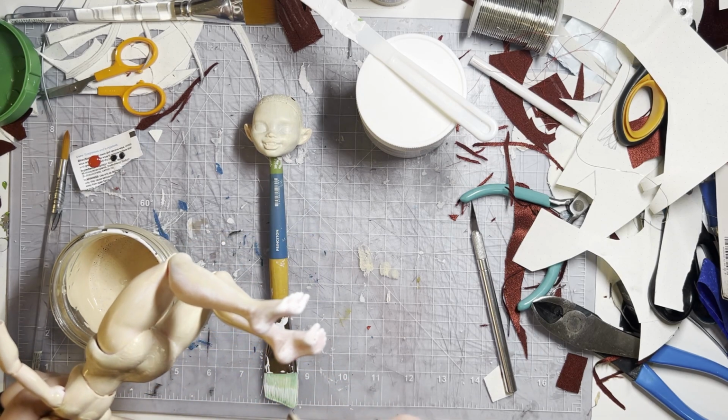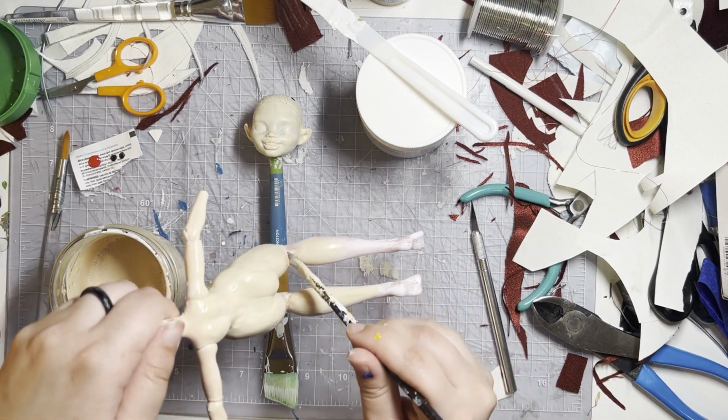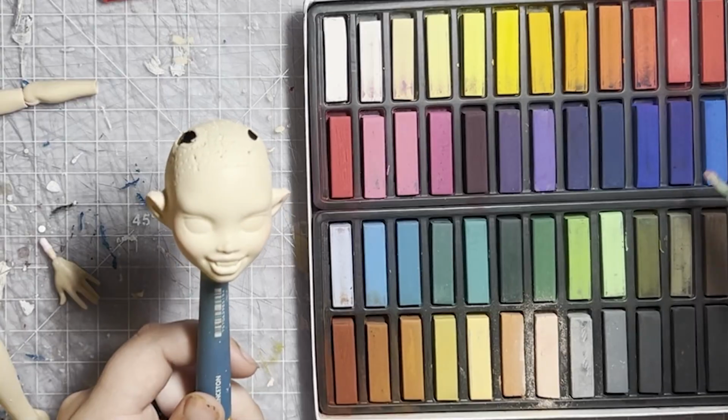I live in a pretty dry place, so I didn't have to wait too long for the paint to dry in between layers. Once all the layers are down, I coat the entire body twice over with a 50-50 Mod Podge and water mix. After spraying with Mr. Super Clear,